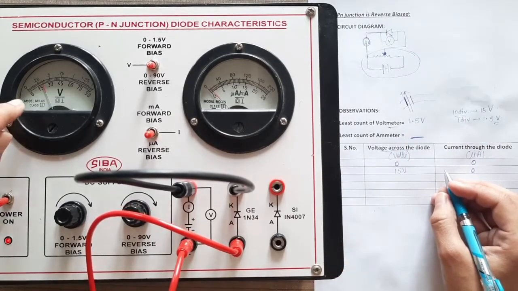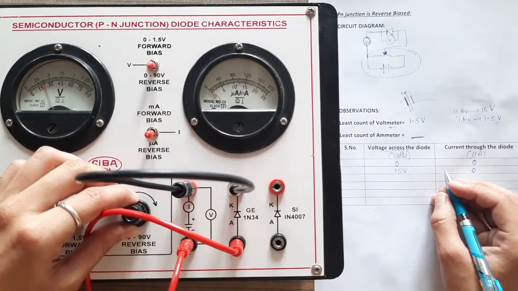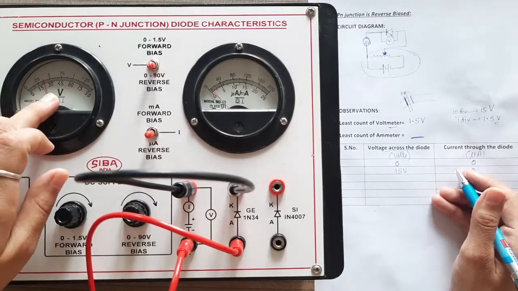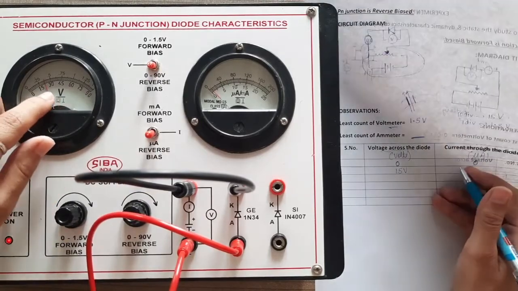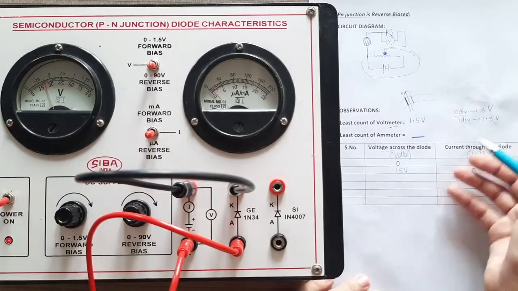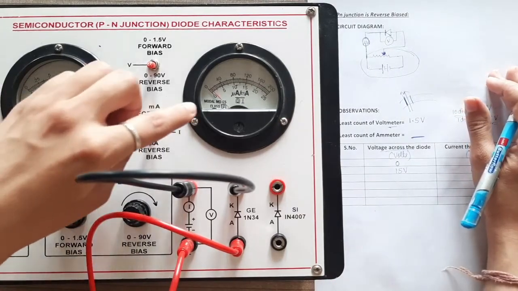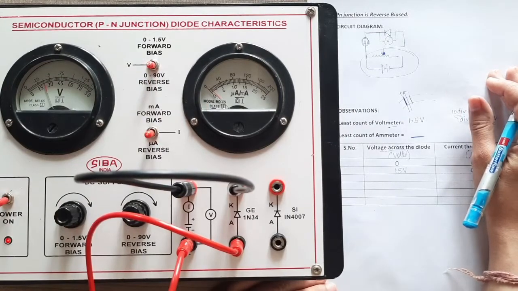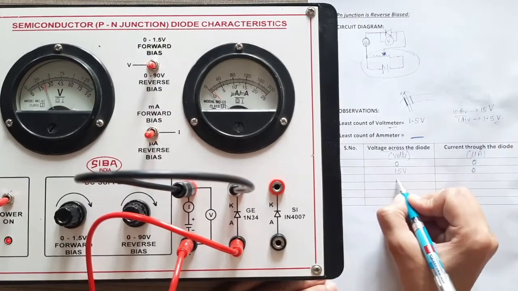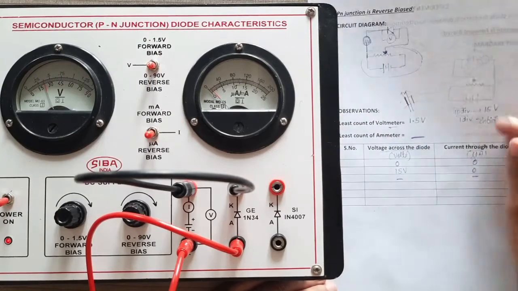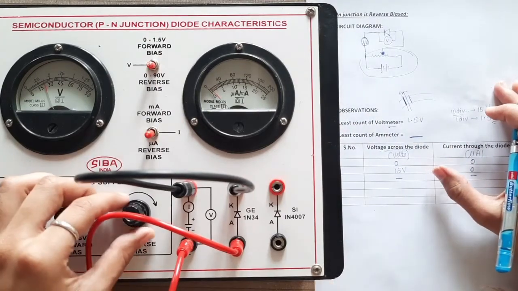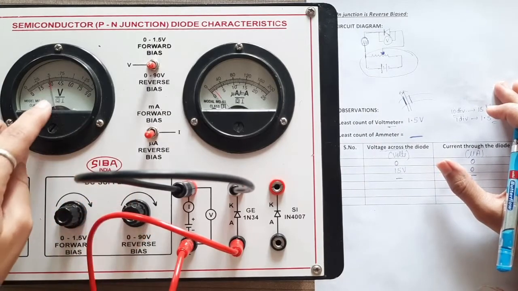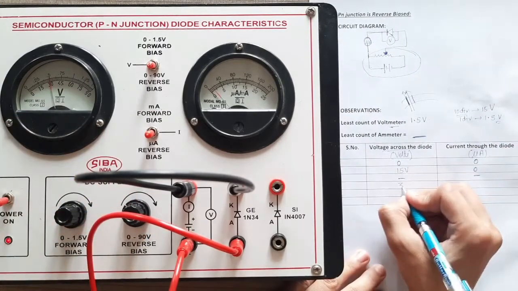So as you can see, when we have increased the voltage, now the voltage is in between 15 and 30 volts. It is exactly in between 15 and 30 volts. So at this voltage, the needle has covered exactly 1 division. So you will measure the value of current corresponding to the voltage. Again, you will increase the voltage. Let's say now you have increased the voltage to 30 volts.